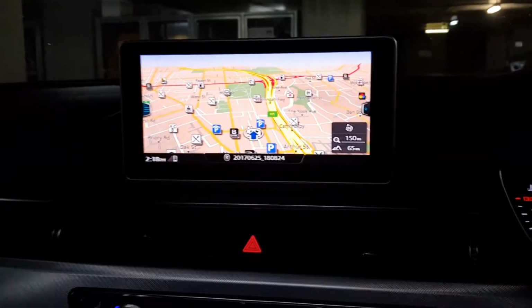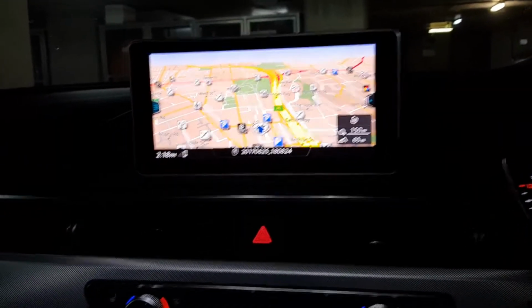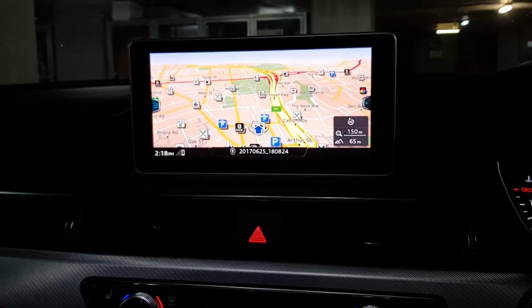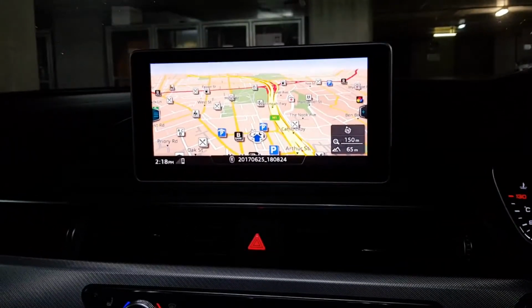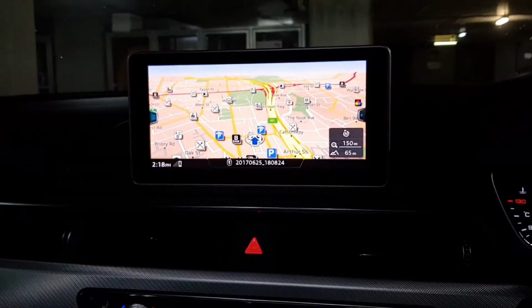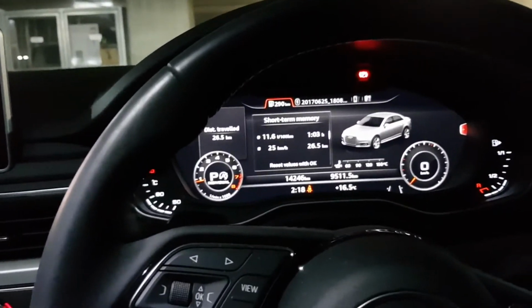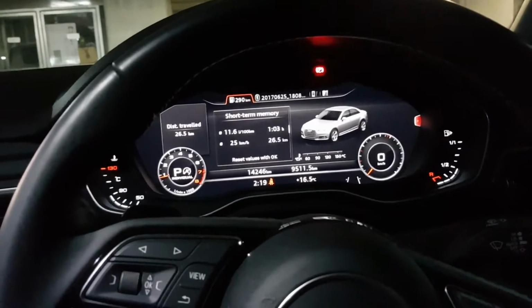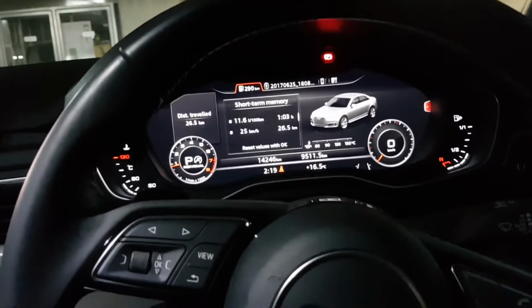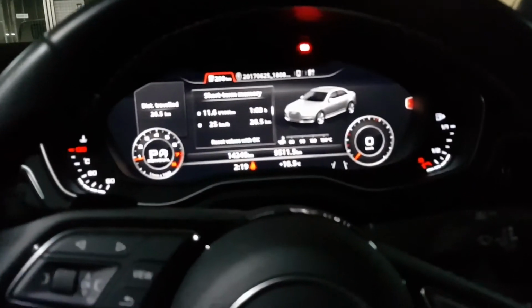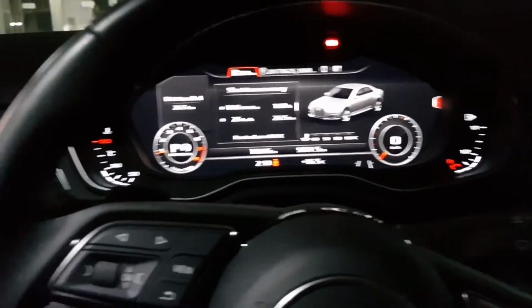Right, this is my A4 2016 model. This is the 2 liter 4-cylinder Quattro. It's fully loaded. It's got all the options that this car can have. It's got the virtual cockpit, as you can see here. It's got